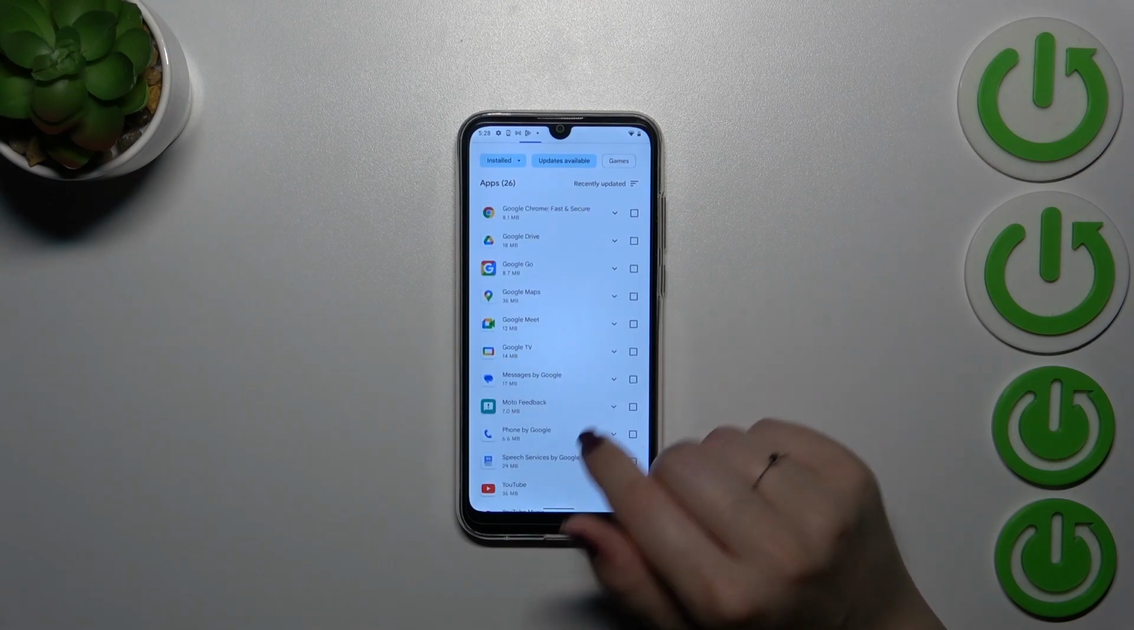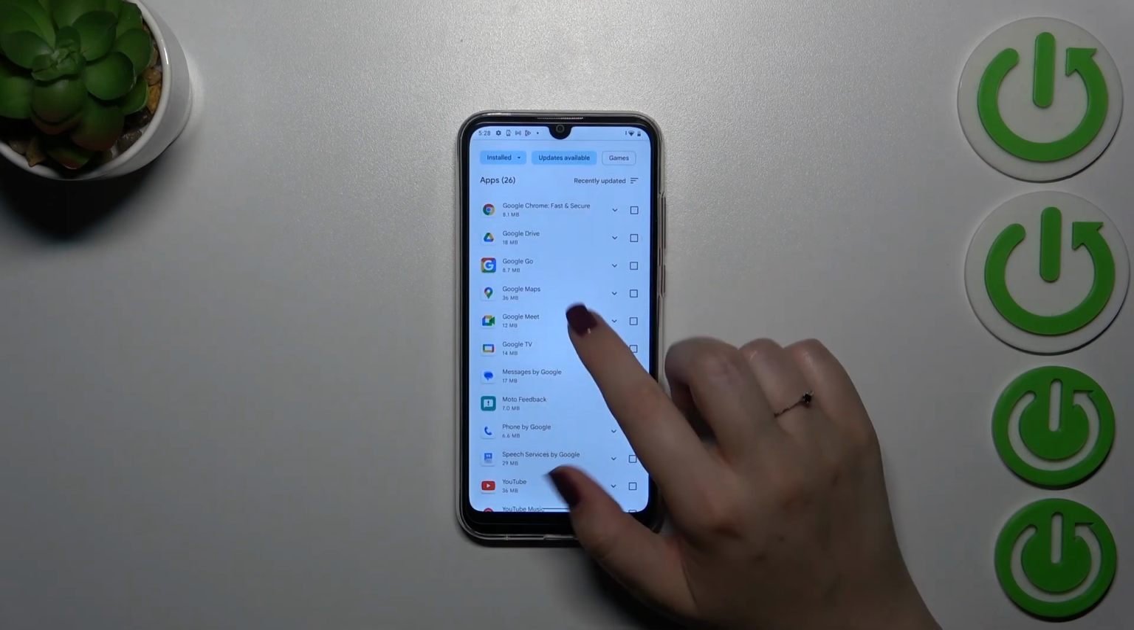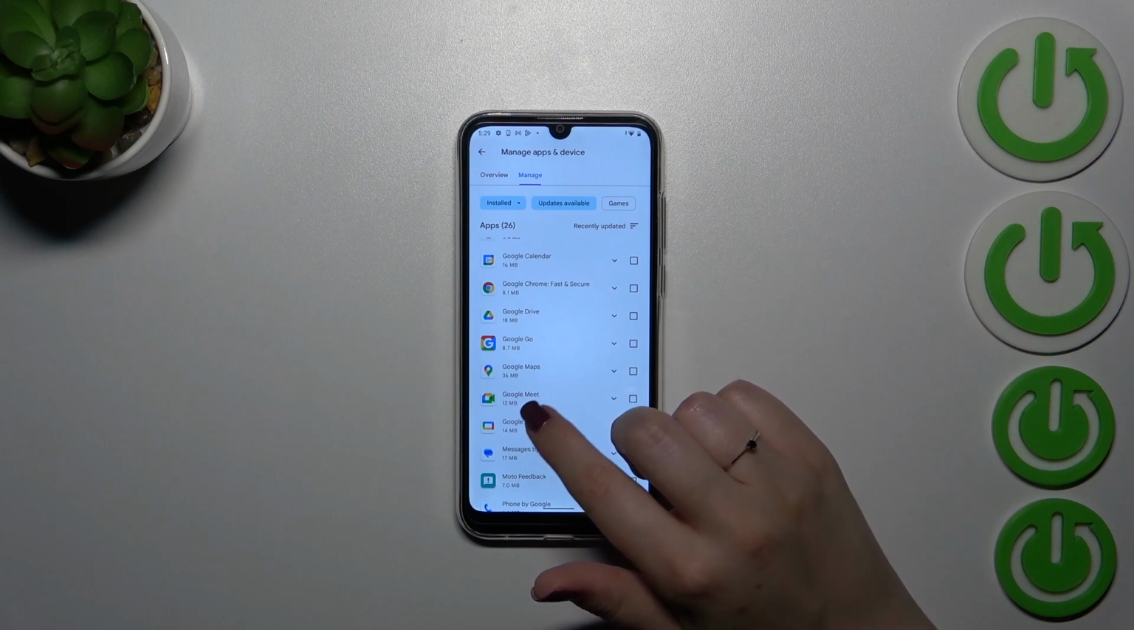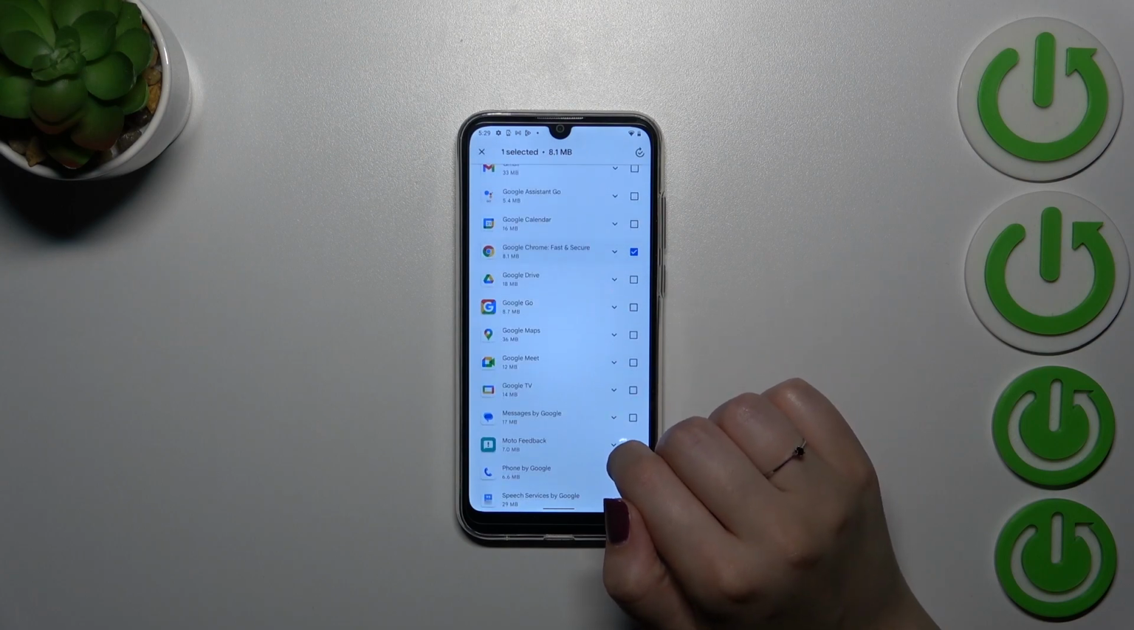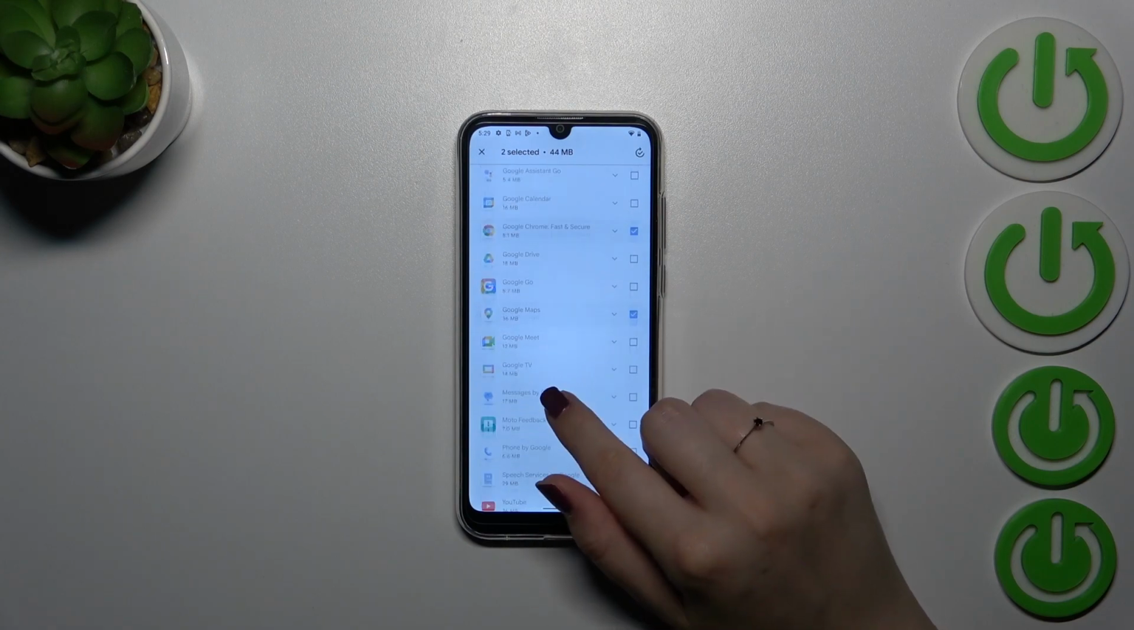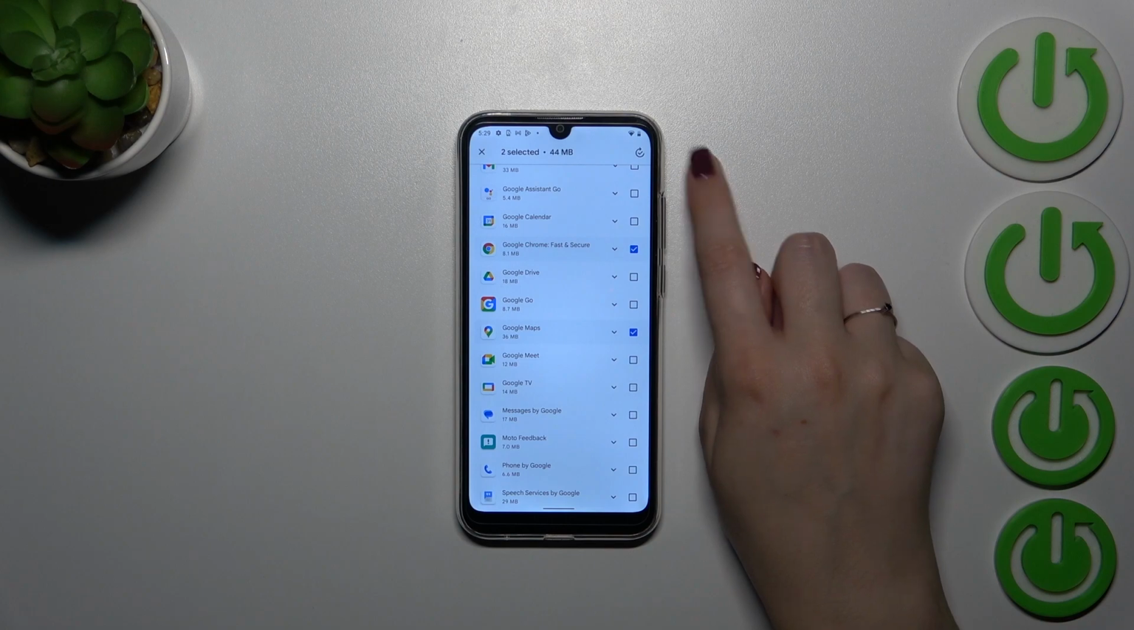So of course, if you want, you can mark all of those apps, so you will update all of them, or simply find 2 or 3 different apps and mark them. So let me pick maybe Google Chrome and Google Maps, and after that simply tap on this update icon in